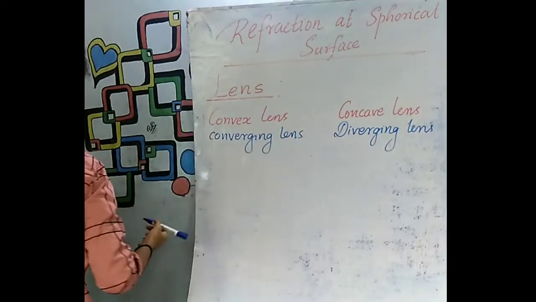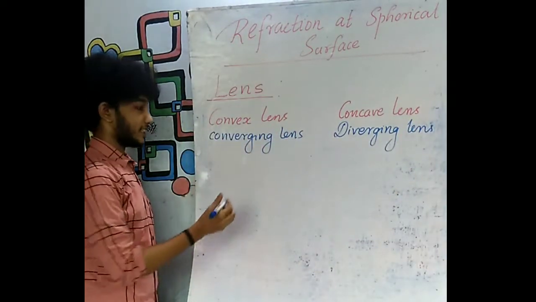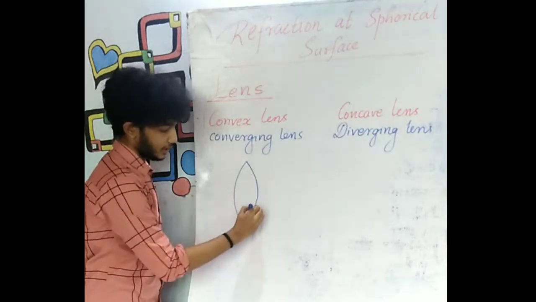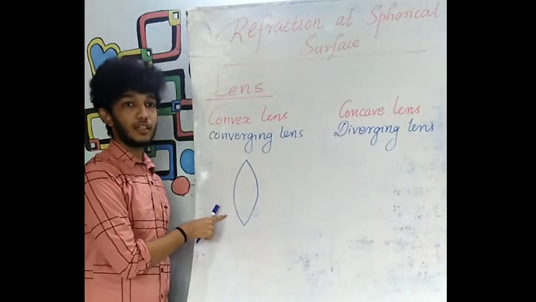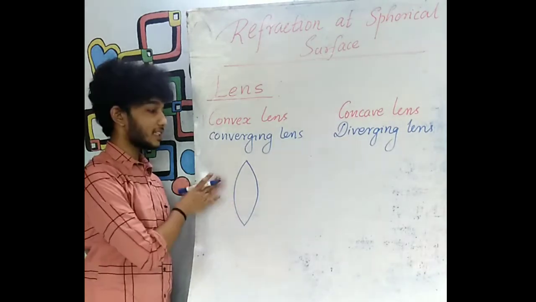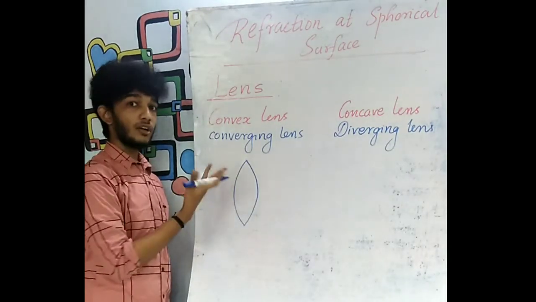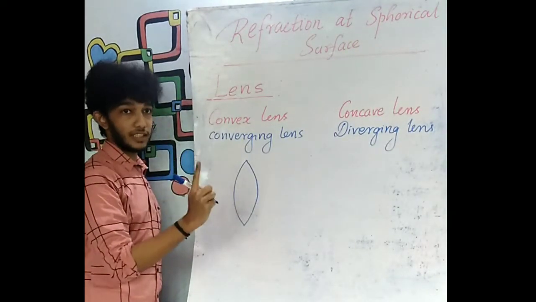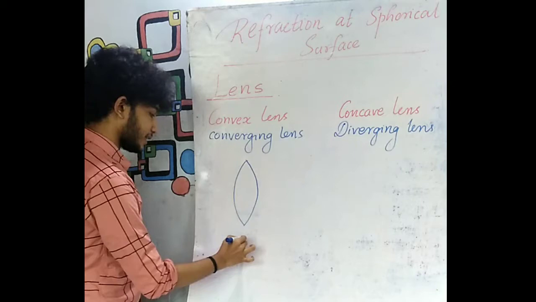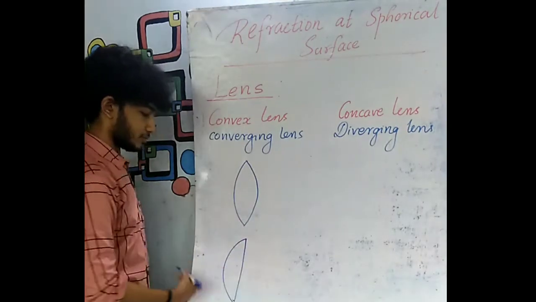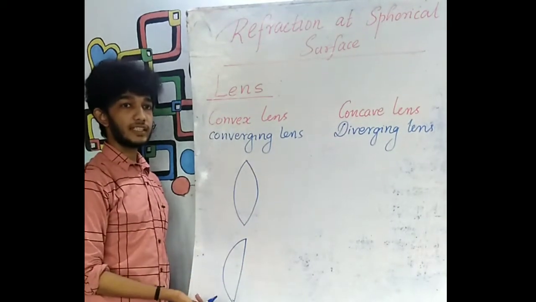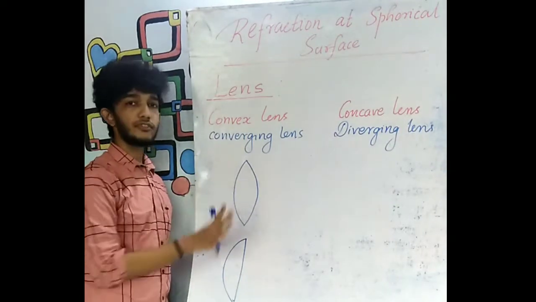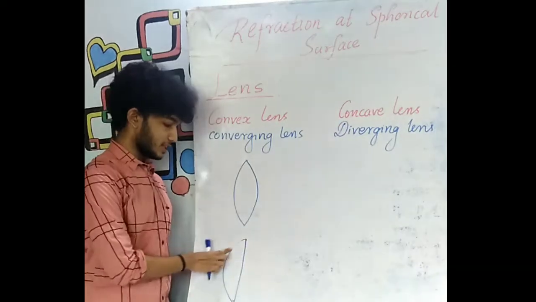So let us draw on the board a convex lens and a concave lens. A convex lens, I am drawing it on the board. This is the example for a convex lens. It does not mean that this is the only convex lens available. Convex lenses can be of different types, of which one surface should be a convex surface. That is the only condition. Either it can be like this. Here also one surface is a convex surface. Therefore, convex lens does not mean that both the surfaces should be convex. At least one of the